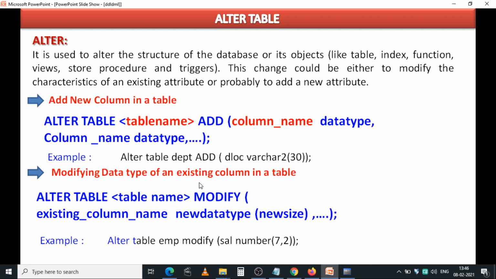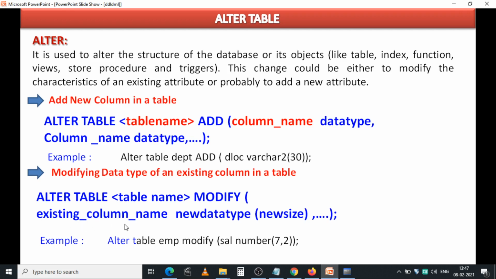The next one is modifying the data type of an existing column in the table. Sometimes you need to change the data type or size of an existing column. For that we use the modify clause with alter table. Just go through this syntax: alter table, table name, modify, and then start the open brace.